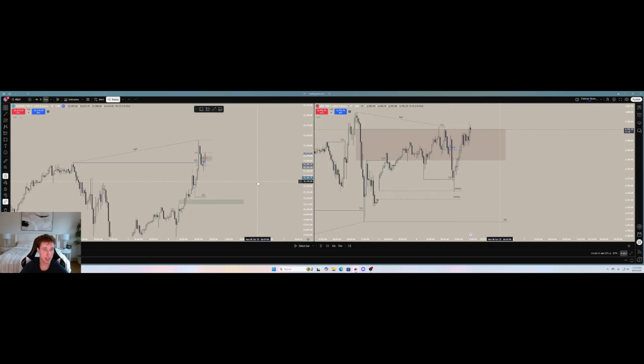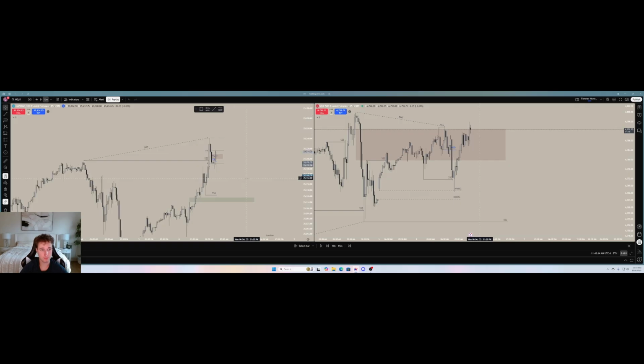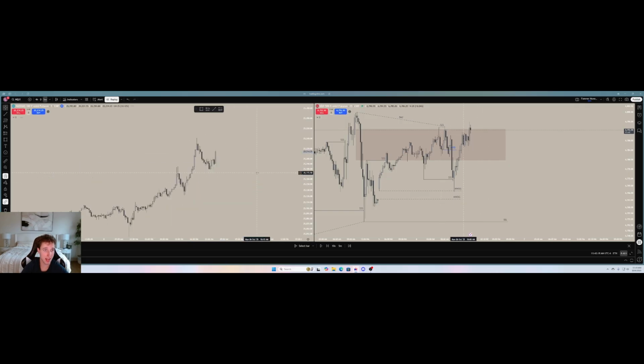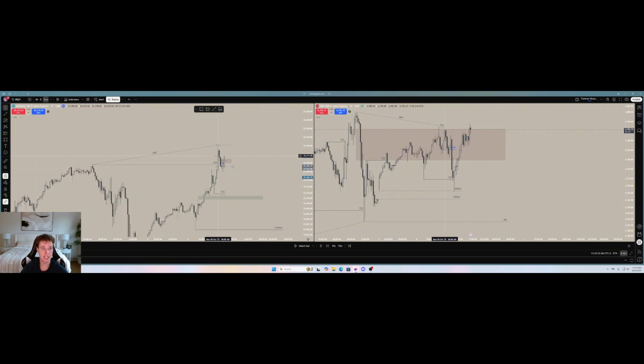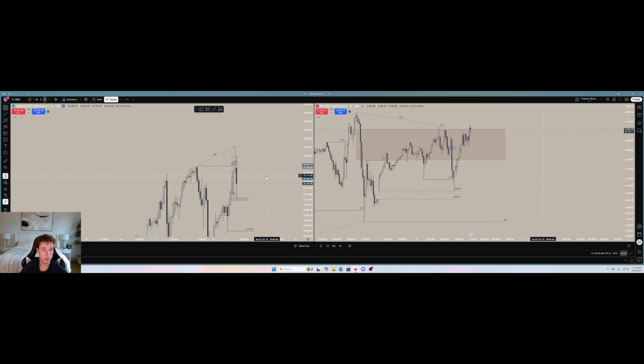Okay, so we take a look at NQ. At this point in time, the 15-minute change is all the way down here. So NQ has not even had a 5-minute change, a 15-minute change. So the bullish model here is not invalidated on NQ. So I want to stay patient, and I want to wait for price action to tell me where it wants to go. So I took a look at the 1 hour,